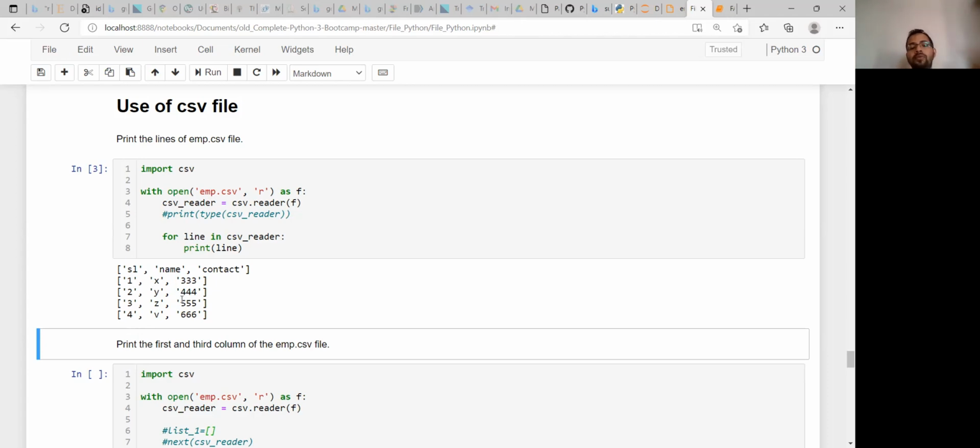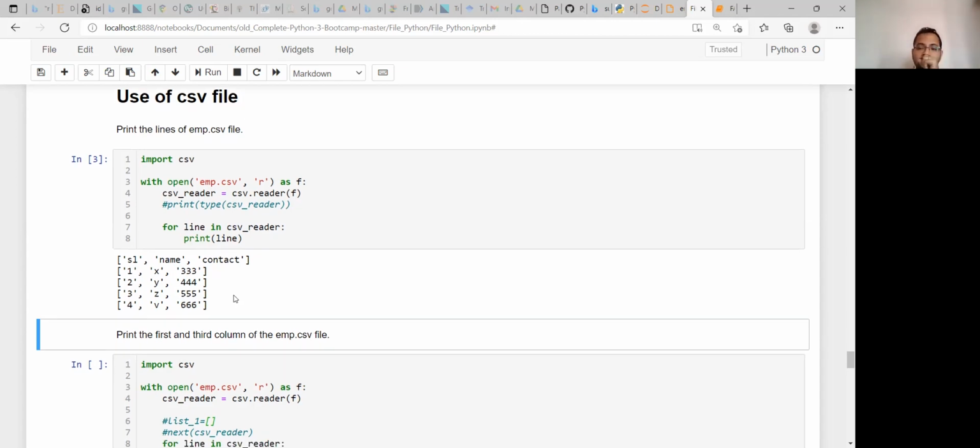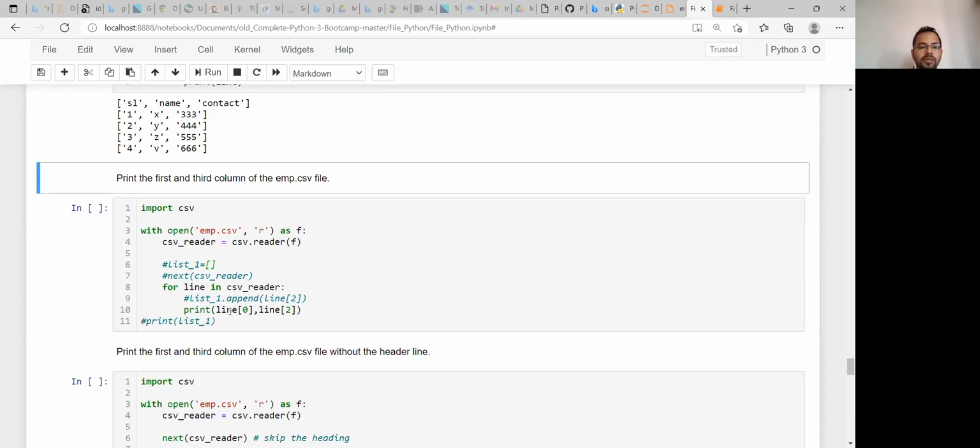These things are possible if you can read the CSV file. It is just like Excel. Whatever calculations you can perform in Excel, similarly you can do using this csv module.